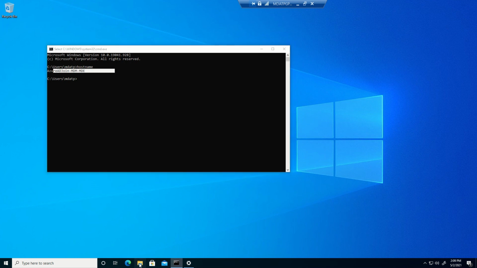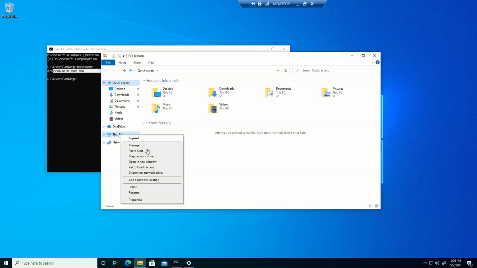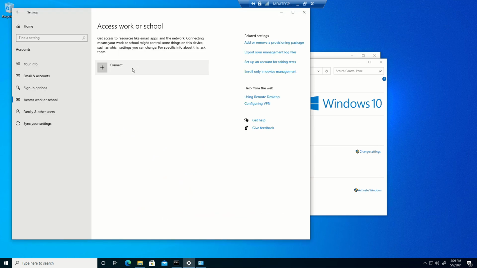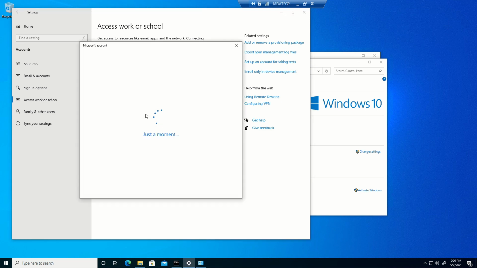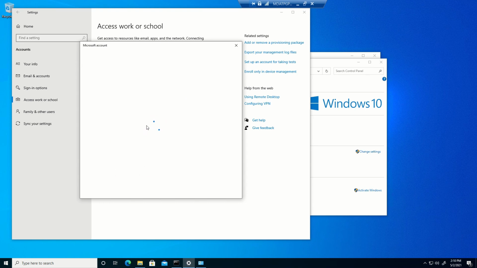Endpoint. So as of now, if I show you the details of this particular machine, it is not domain joined and not Azure AD joined. As you can see, it's a typical workgroup machine. So I'll go to settings now, and then I'll go to access work or school account settings, and then I'll click on connect. And here I'm going to type in my username and password so that this machine gets Azure AD